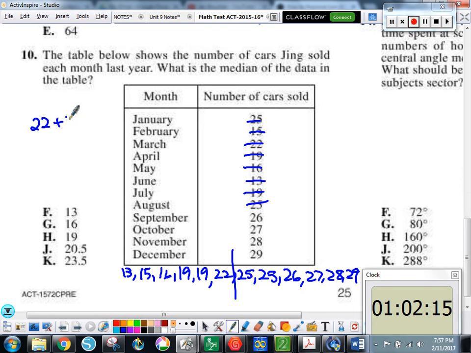I've got to find the middle of that. So it's halfway between 22 and 25. That would be 23 and a half. And that one, just because of the length, it's not hard,